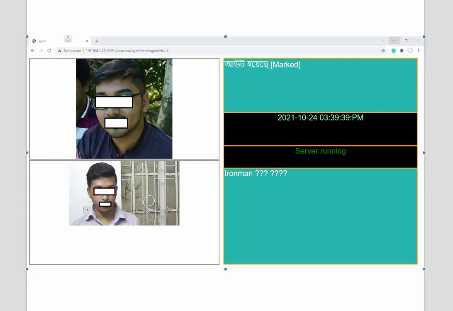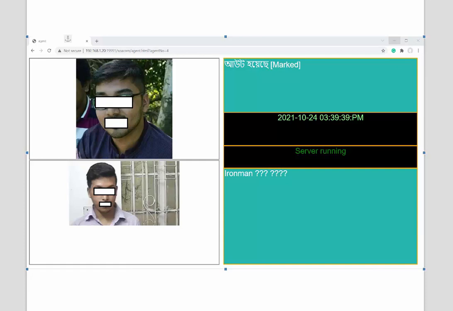After receiving the JSON string from the server, the display agent fetches the image of the card carrying person from the download folder of the server. The JSON string contains the ID, and the display agent fetches the image according to the ID of the person. The server downloads all the images of the person from the database. On the screen, the display agent shows the image of the card owner,